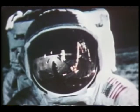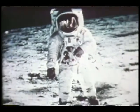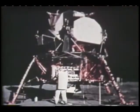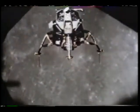July 20th marks the 25th anniversary of the first time a human stepped upon the moon. Historians call the event the most significant science achievement of all time. To prepare for the Apollo flights, astronaut training included flights in many types of vehicles, including a very unusual one